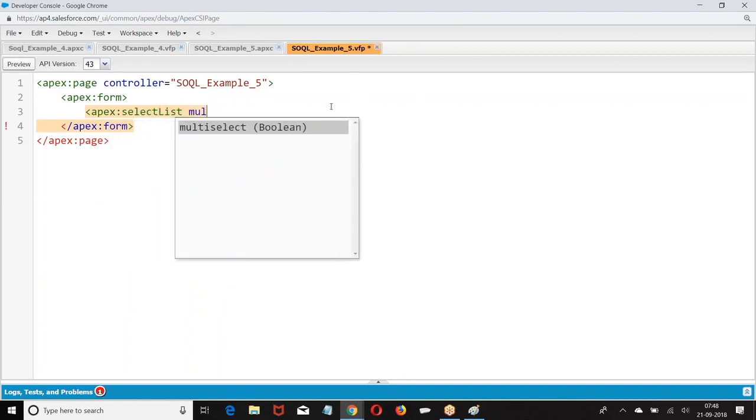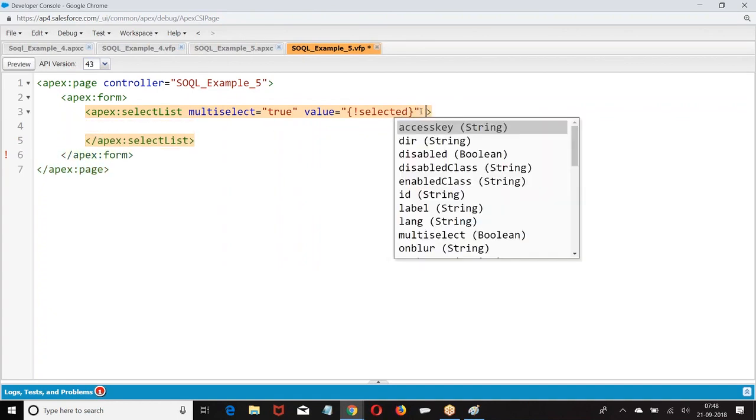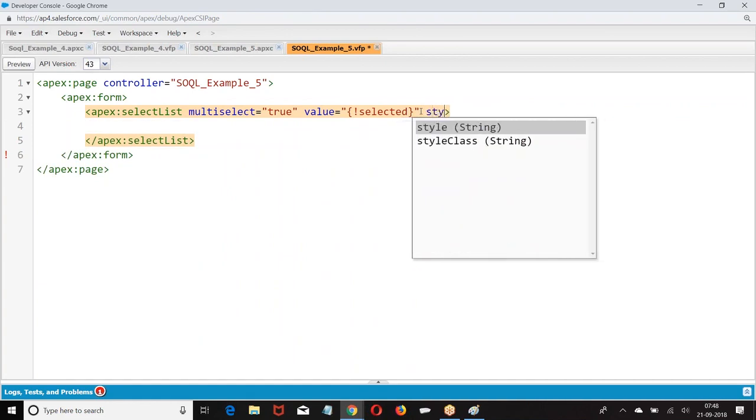Select option, multi select equal to... Whatever options I have selected are stored in a variable called selected. Now apply some style.